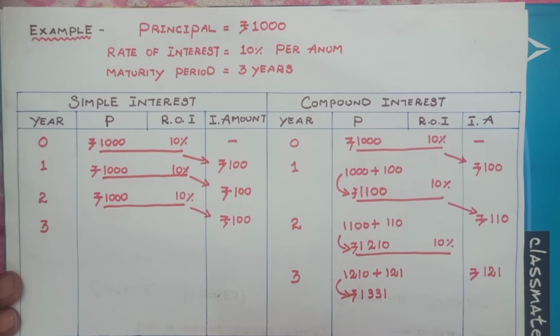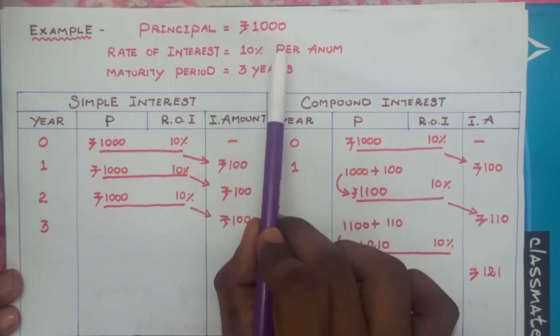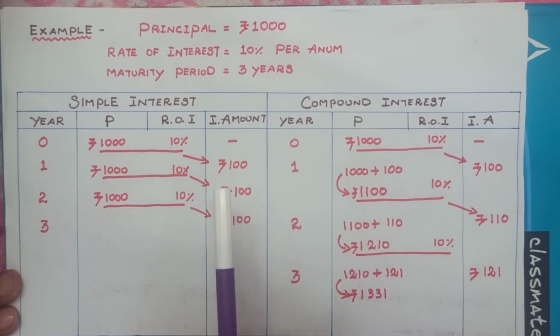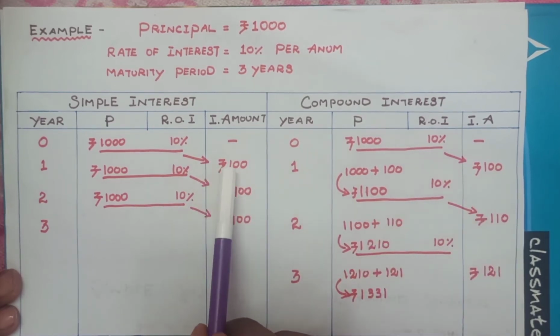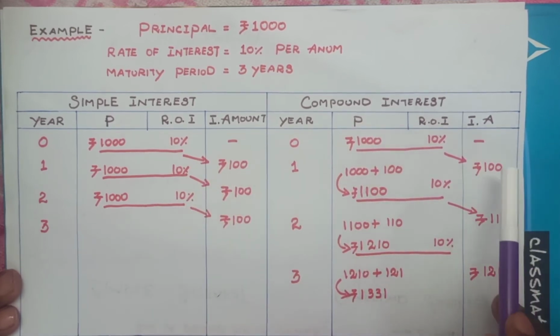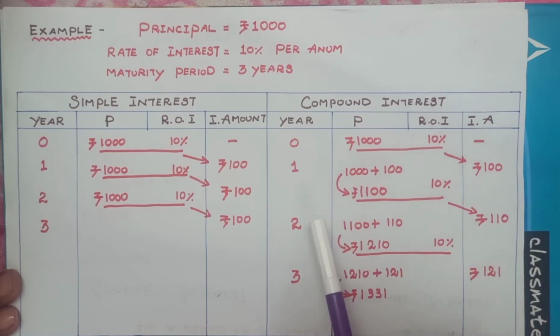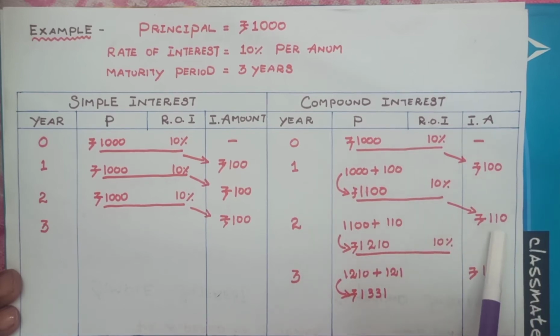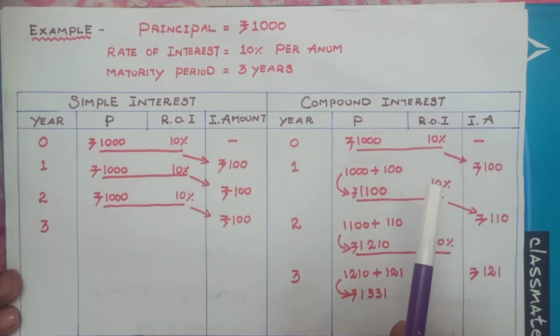Point number 2, in some questions they would have mentioned the values of simple interest and asked to find out compound interest. Just keep in mind, if your principal and rate of interest are same, then you will get the same interest amount after completion of 1 year for both the schemes. Here rupees 100, here rupees 100, and your interest amount starts to vary at the second year itself in compound interest scheme. And this kind of problem can be solved by using a shortcut. In the shortcut you need to remember this point to arrive at the answer. So I will tell you how to solve the problem using the shortcut in the problem solving session.